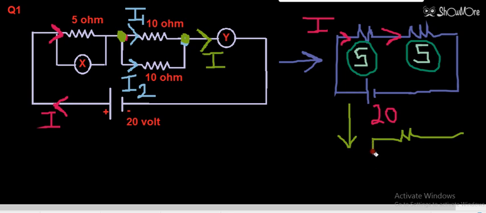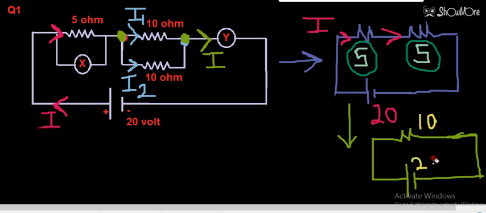So basically students, I am telling you all the steps first. After that I will tell you how to find the reading in the voltmeter and ammeter. So this is the complete circuit diagram. Now this is the last step. When this 5 and this 5 combine, they give 10 ohm. So this will be the net resistance. The net resistance will be 10 and it will be 20 volt. So now you can find the current which is coming from the battery.